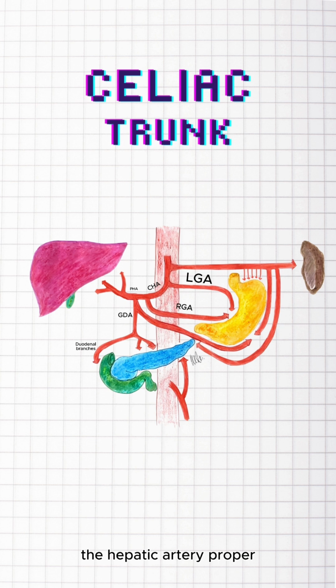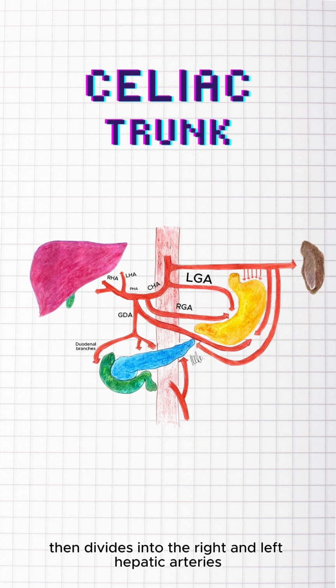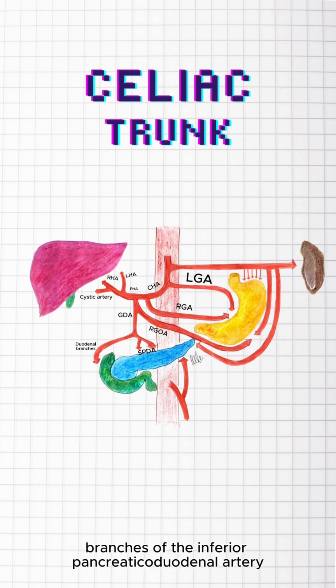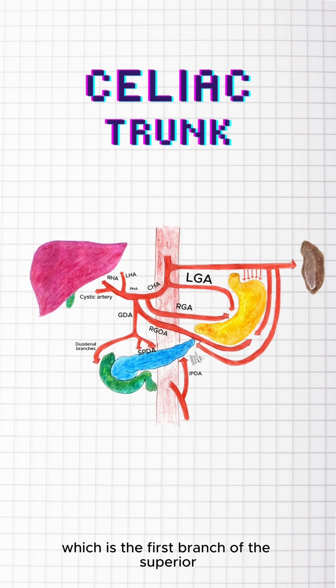The hepatic artery proper then divides into the right and left hepatic arteries that enter the liver. The right hepatic artery typically gives rise to the cystic artery, which supplies blood to the gallbladder. The gastroduodenal artery branches into the right gastroepiploic, and anterior and posterior superior pancreatico-duodenal arteries. They anastomose with their counterpart branches of the inferior pancreatico-duodenal artery, which is the first branch of the superior mesenteric